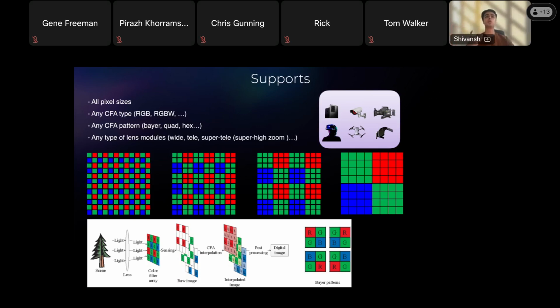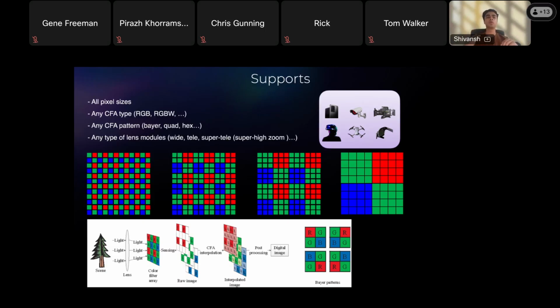So you cannot build a network which is learned only for one particular type of lens, but you have to design a network which can learn across a variety of different lens variations. And you would have to assume here what kind of variations you may see in the manufacturing facility. So this is another reason why we have to move away from traditional ISP to neural ISP, because you have to make your network aware that there may be some lenses which are faulty in your production pipeline, while there may be some lenses which are very sharp.